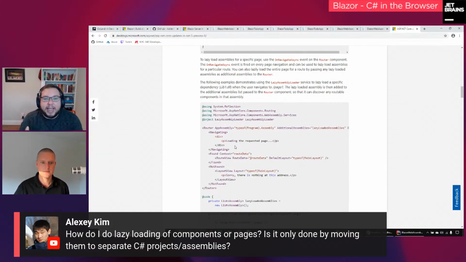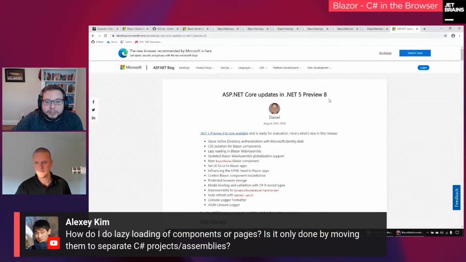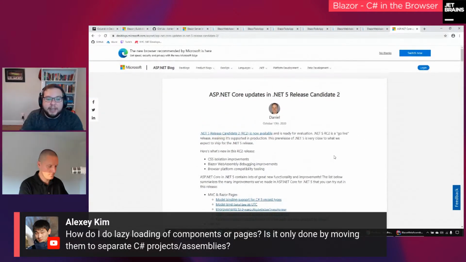These were features released in preview, but I think they're up to release candidate 2 in ASP.NET now. The release candidates are go-live, so they have the go-live license. If you use the release candidate now to develop, you should be supported going to the actual go-live and the general availability of .NET 5 when it comes out in November.